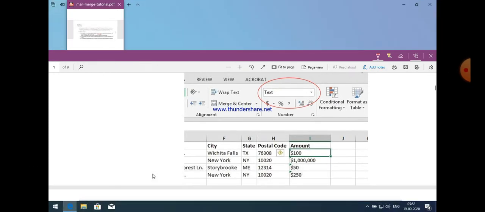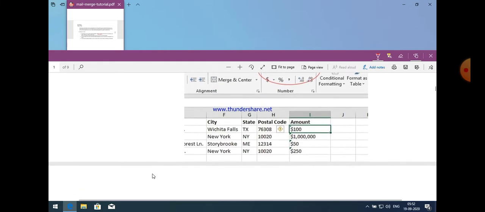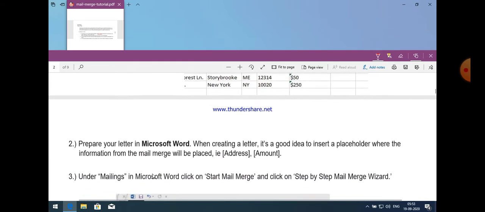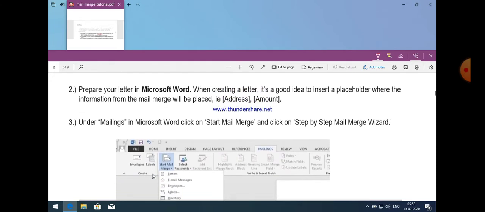Now after that, when you just create the data, in this way you can easily create data in MS Excel. MS Excel was already covered in our last video, so if you are not able to understand the concept of MS Excel, how to write data or how to create an Excel sheet, just go to that video and learn how to create an Excel sheet or how to create data in MS Excel.